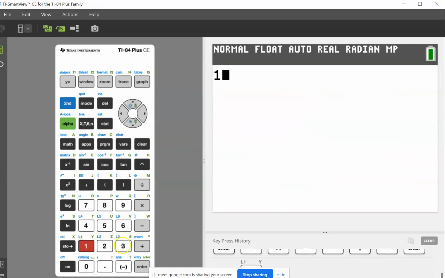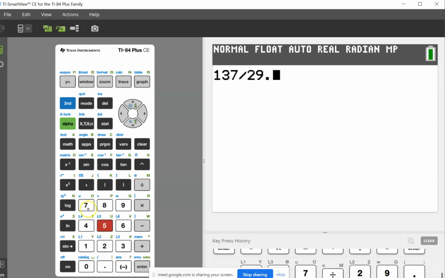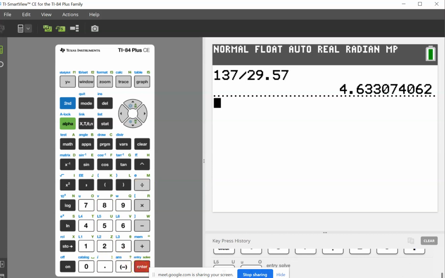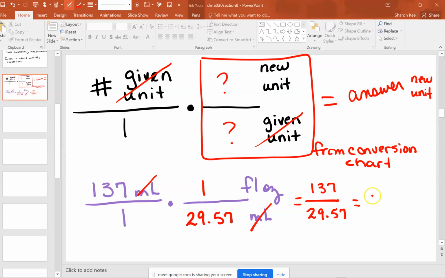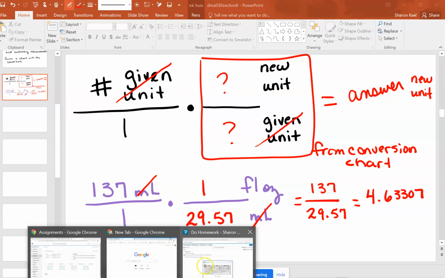So I've got 137 divided by 29.57. That gives me 4.63307. What I have to do is go back to the problem,